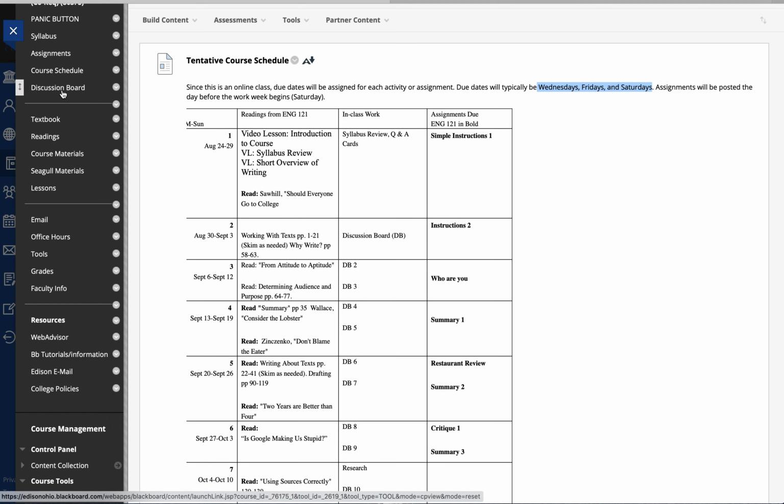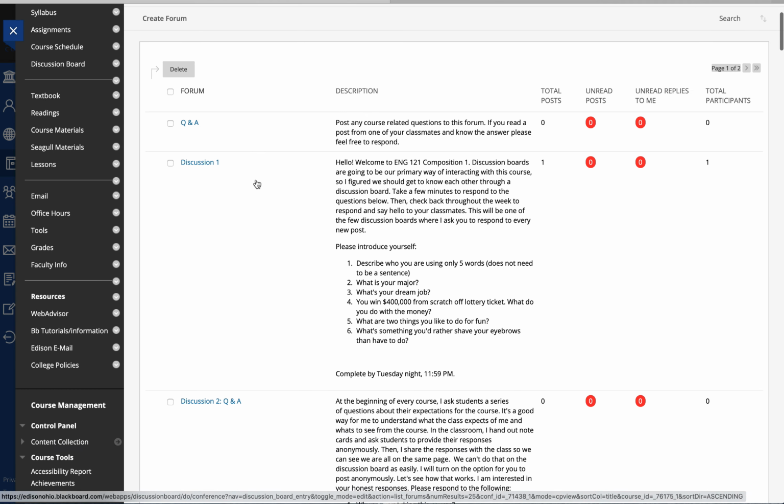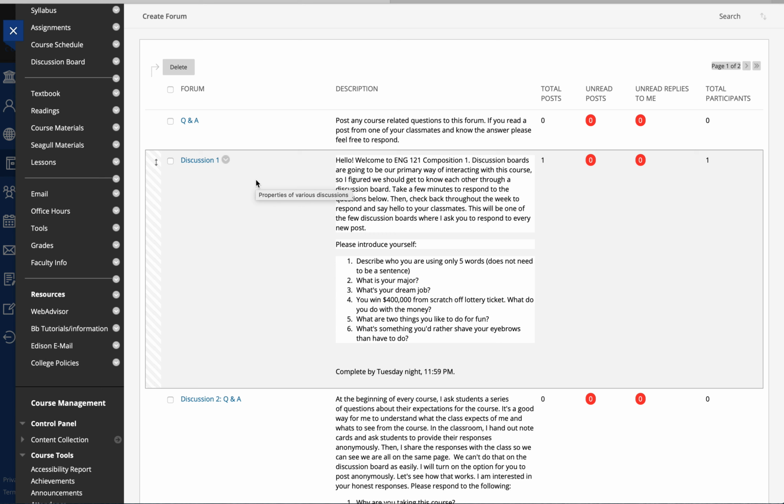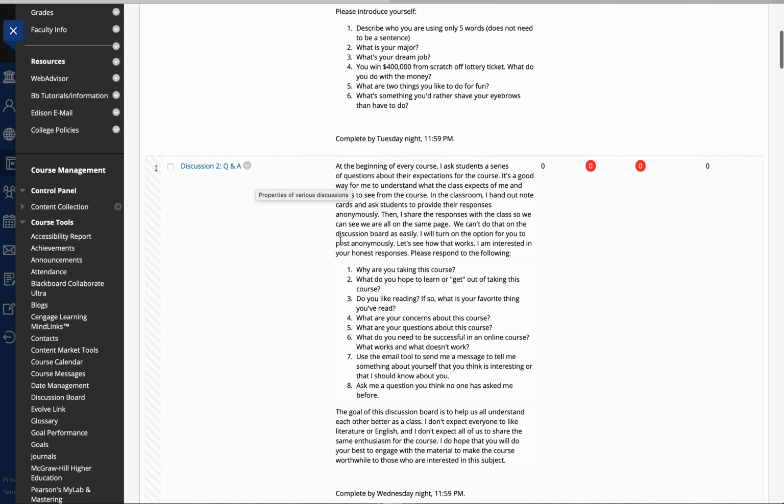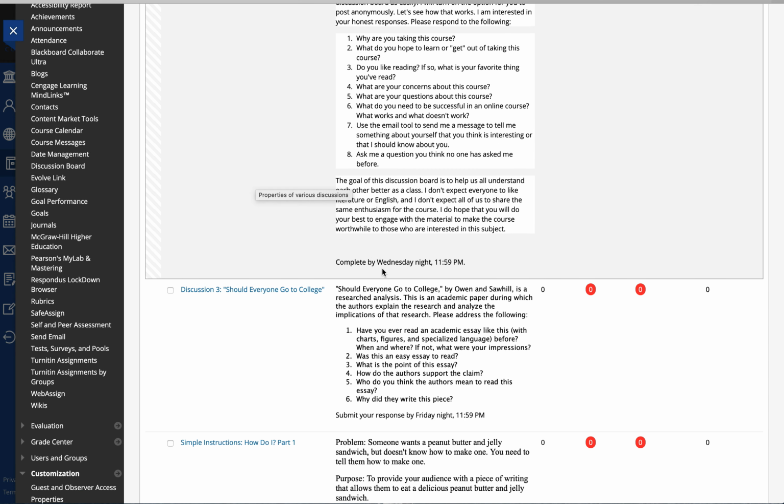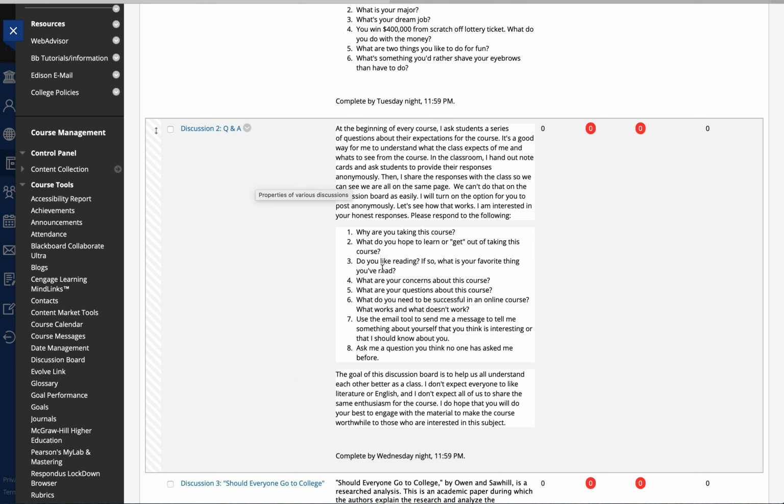We also have a link to the discussion board. It's a direct link if you just want to use that. I don't really recommend it, but if you need to get back to the discussion board to look at something, which we'll be doing for, I think, our first writing assignment, which is the peanut butter and jelly assignment that you probably saw, it's good to just use that. But I also will post the link in the week assignment.